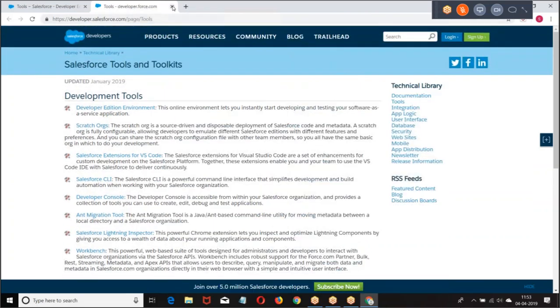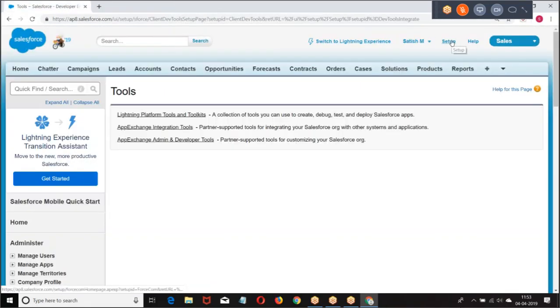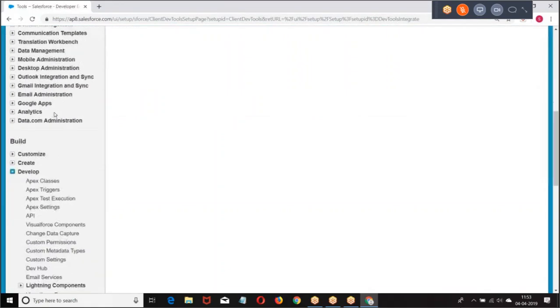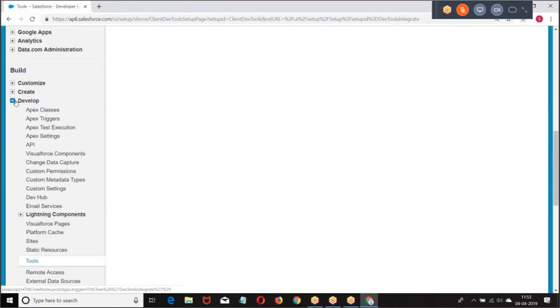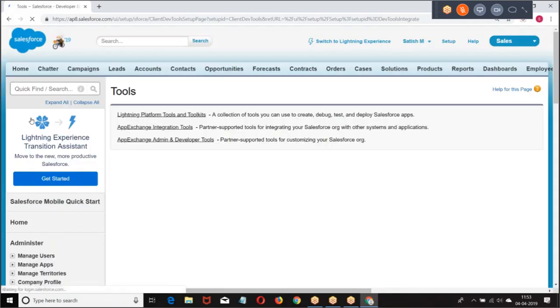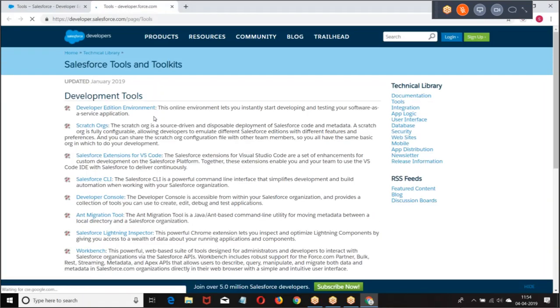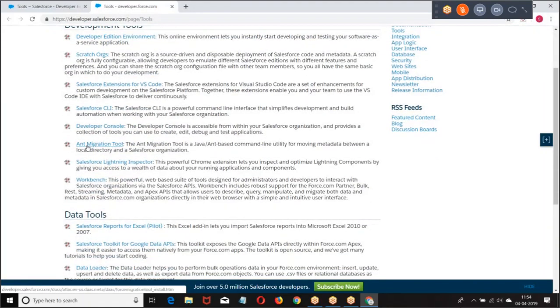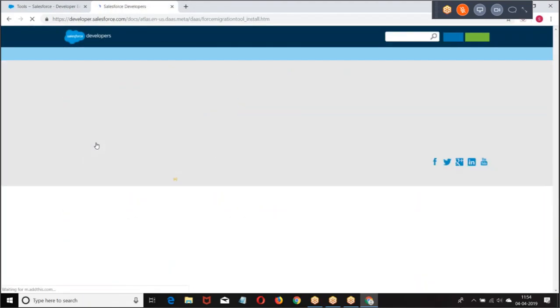Once again, setup, build, develop, tools, Lightning platform tools and toolkits. And here we have ANT migration tools.